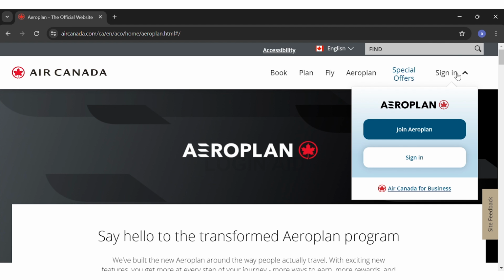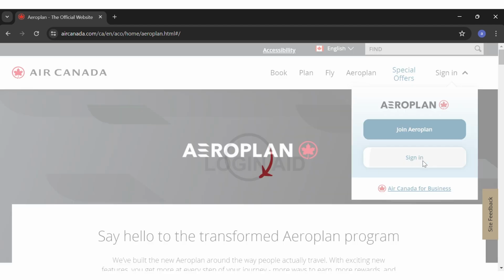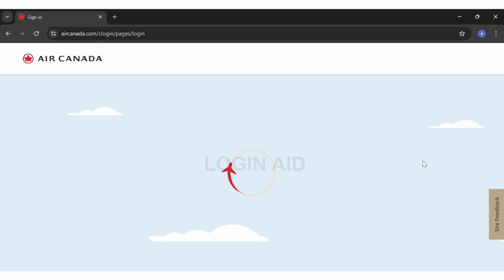Once you put your pointer at sign in, a drop down appears where you're given two options: to join Aeroplan and to sign in. If you don't have an account yet, you may click on the Join Aeroplan button above, then enter your details, follow the prompts, and then create an account and join Aeroplan. However, if you do have an account and you want to log into it, you can just click on the sign in button. Once you click on the sign in button, you will be directly taken to the login portal